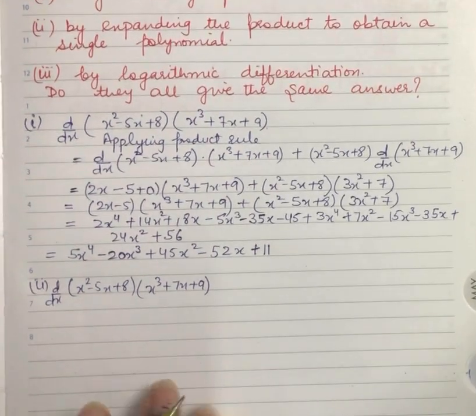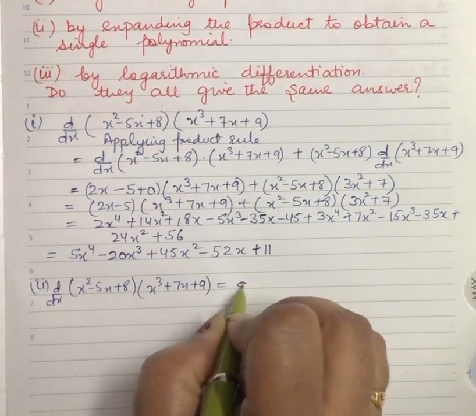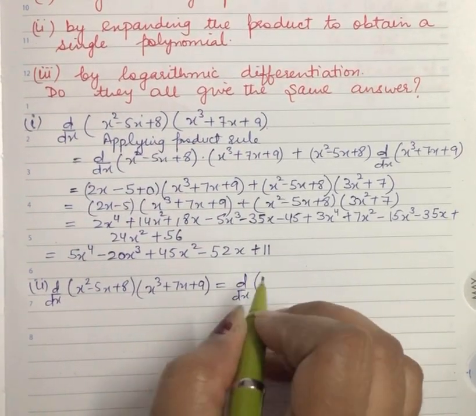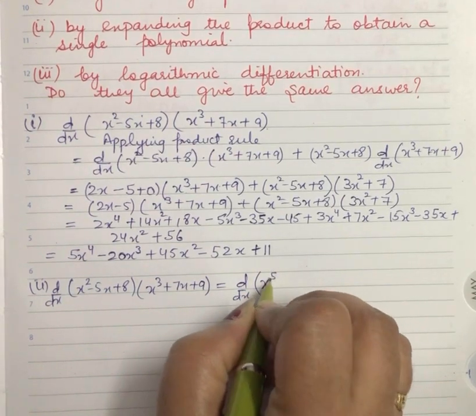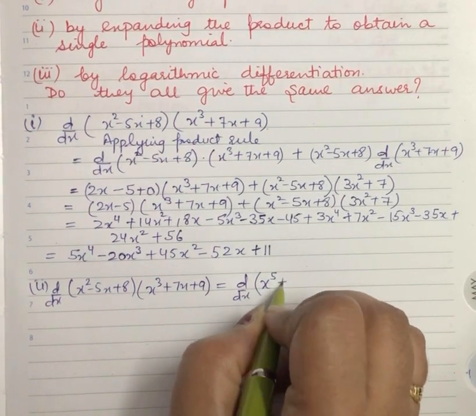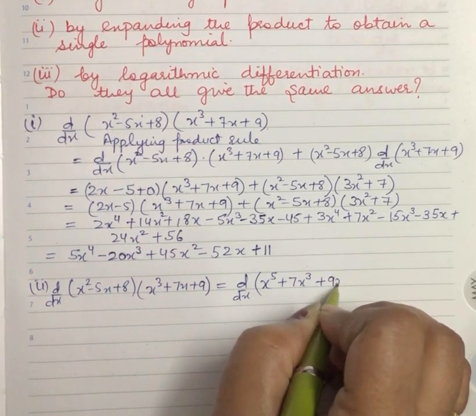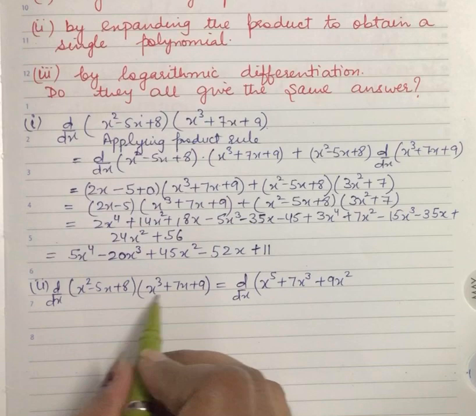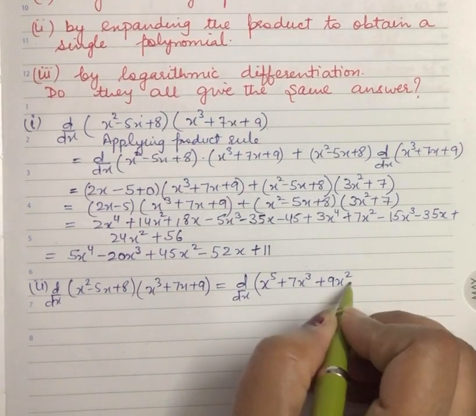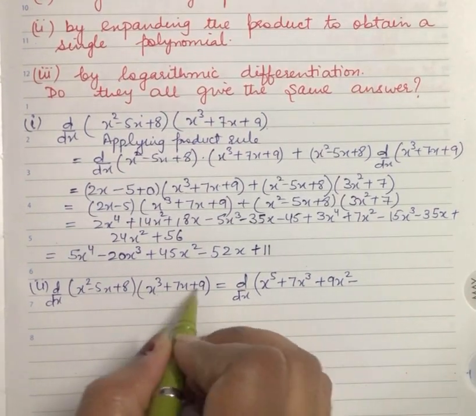This can be written as, we multiply it, so it becomes x to the power 5 plus 7x cube plus 9x square. First of all, multiply x square with this polynomial, then minus, now multiply minus 5x with this, so